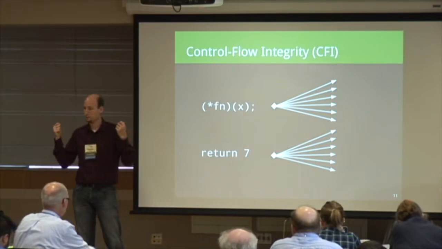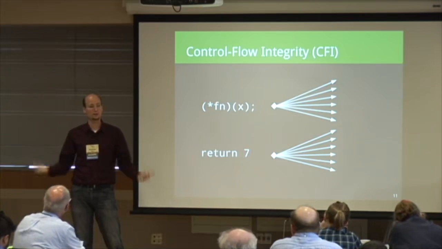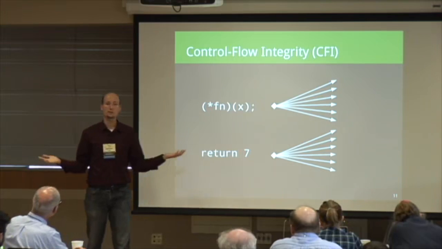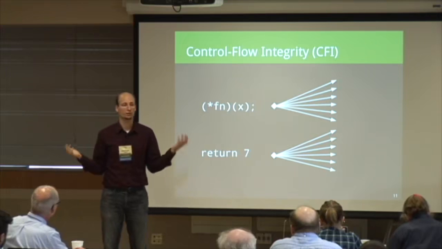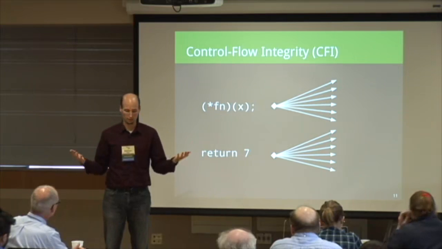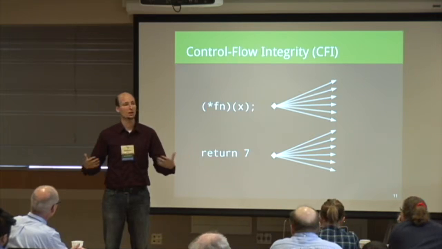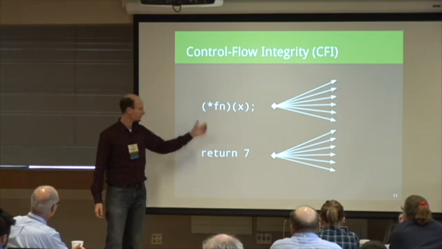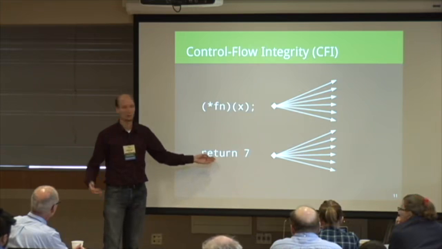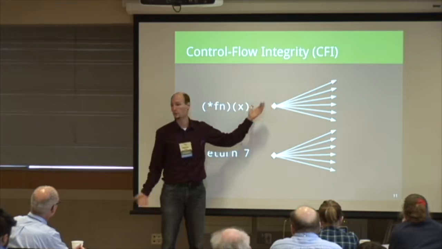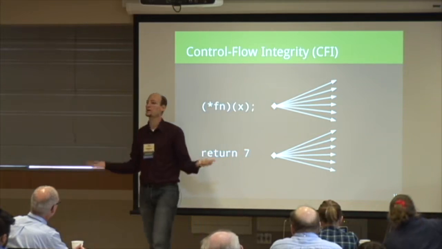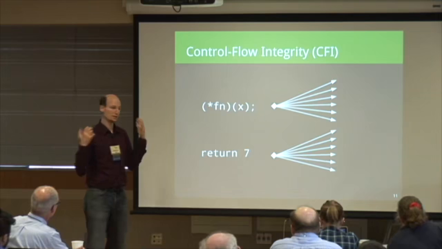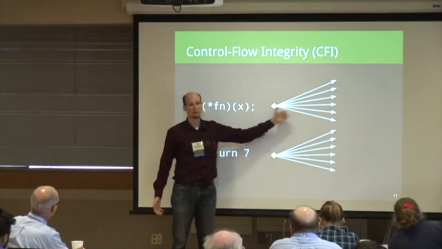If you think about a C program or a C++ program, at one point in time it will be compiled down into a machine code program. And the CPU doesn't care where you're transferring control to. The CPU does not have any semantics on what targets are being allowed or not allowed. So if you have an indirect function call or a function return, the CPU is happy to transfer control flow to any addressable byte in memory. So this gives the attacker a large amount of different targets.